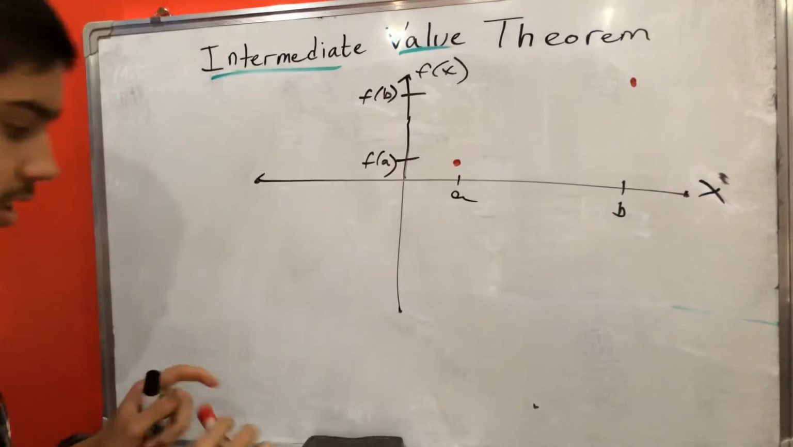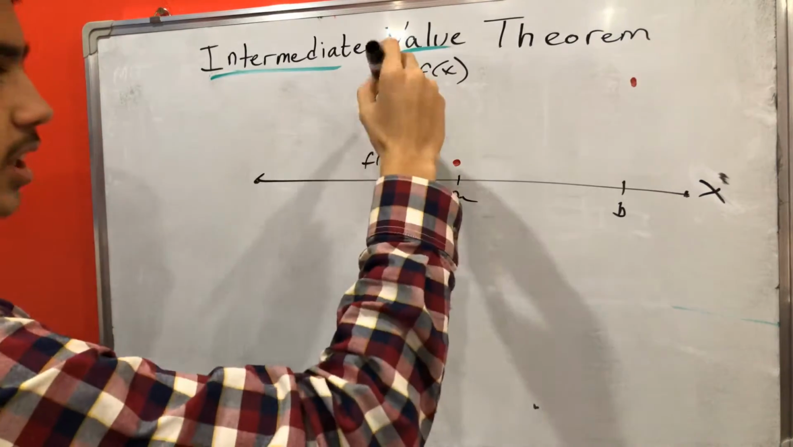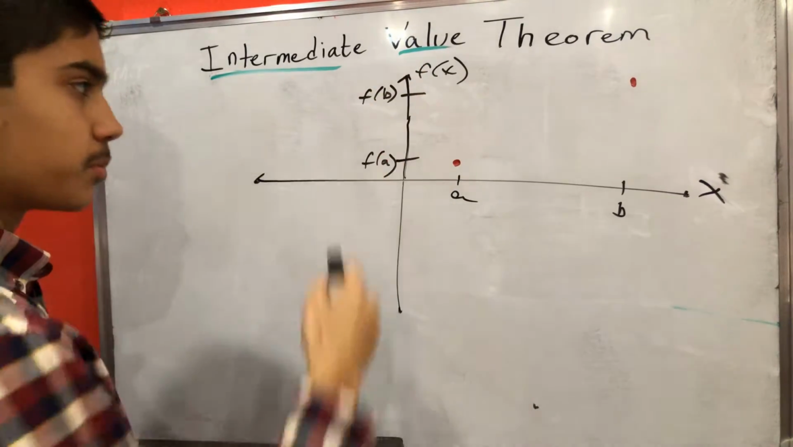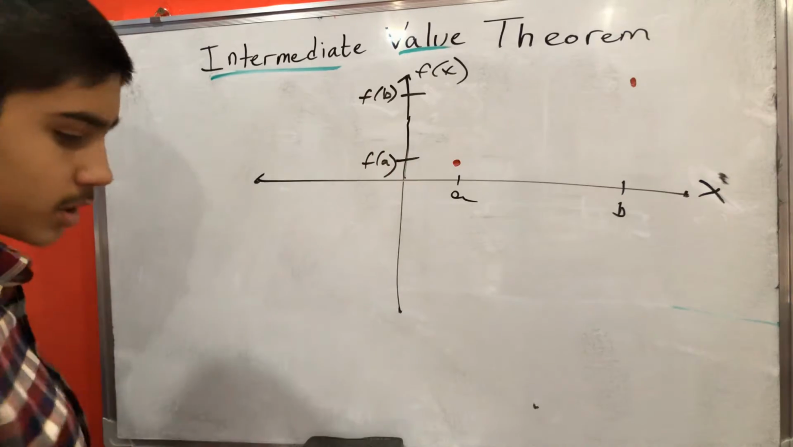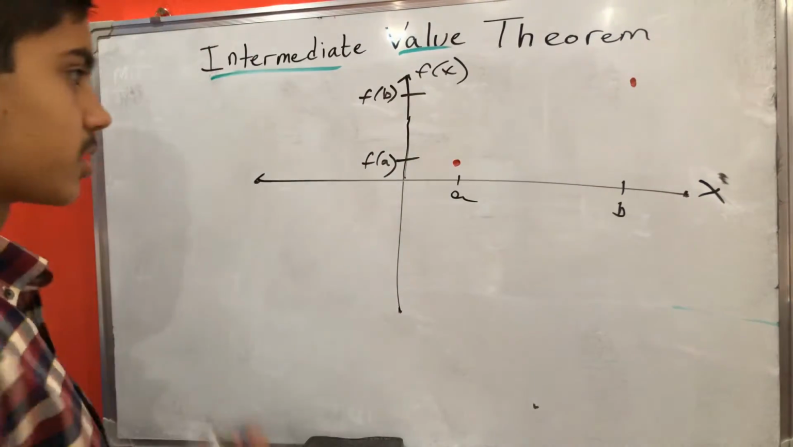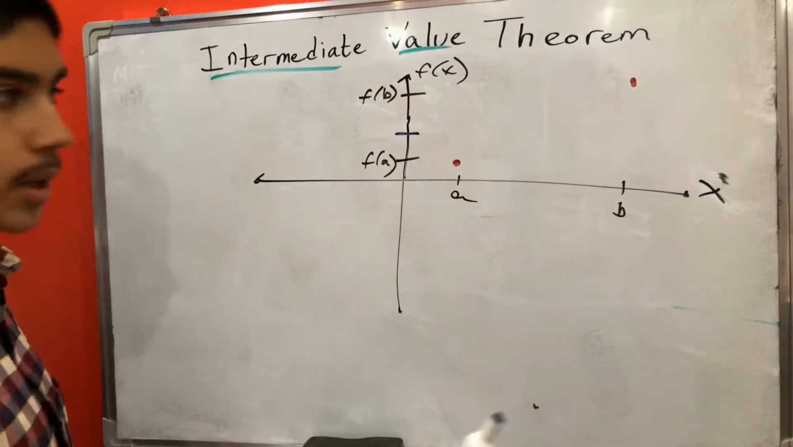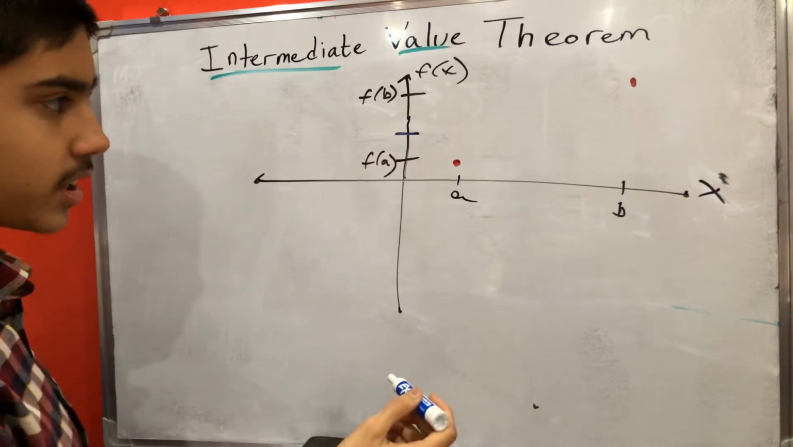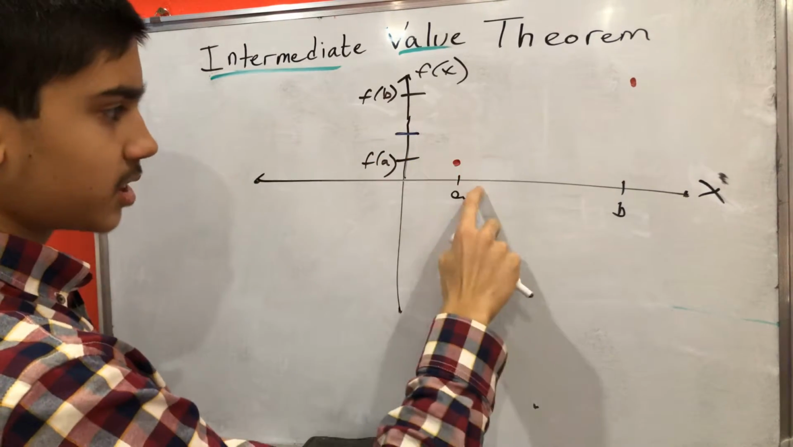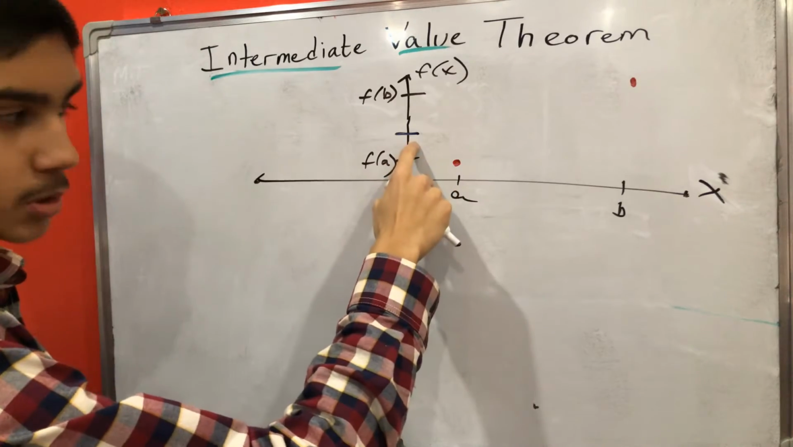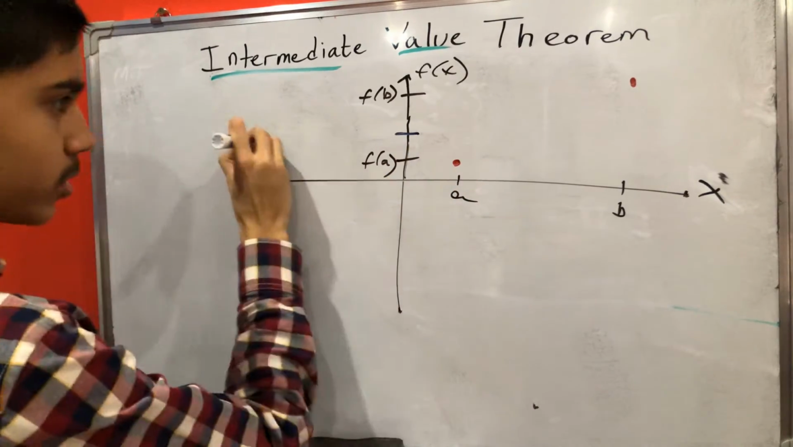So basically they're saying, if we choose an output value between f of A and f of B, we can choose any value. Maybe I'll choose something here. Alright, I'll choose this one. So they're saying if I choose that value, is there going to be an input value that corresponds to it? The answer is yes, because if we draw a line,